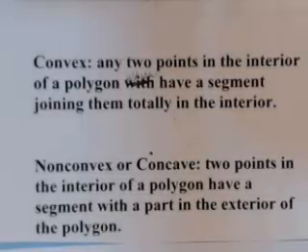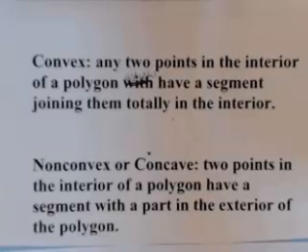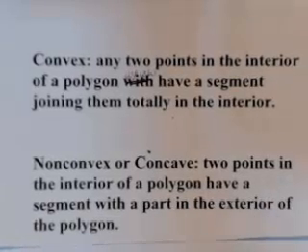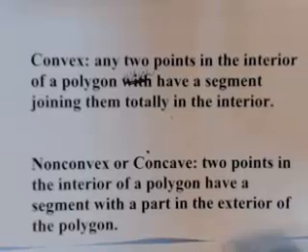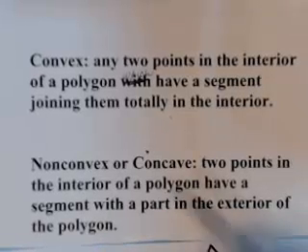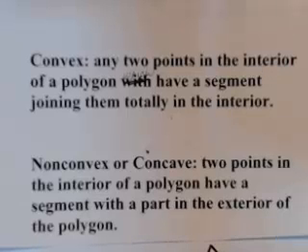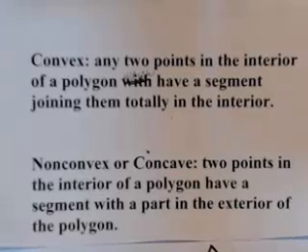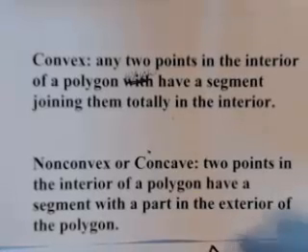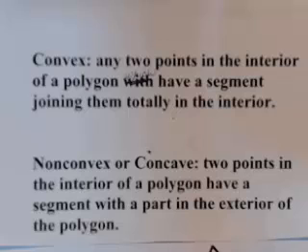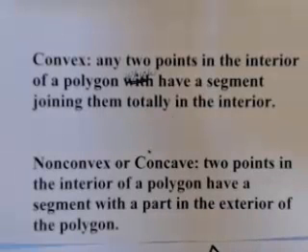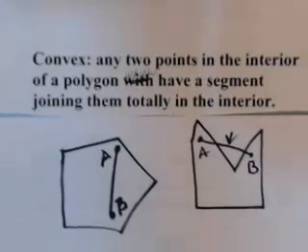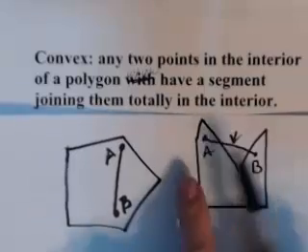A non-convex, sometimes we use the word concave, is a polygon that if we position 2 points and we join those 2 points with a segment, a portion of that segment is outside of the polygon. So this is concave